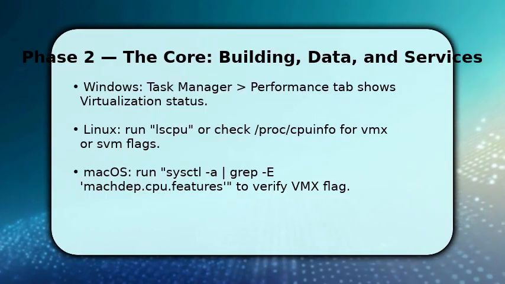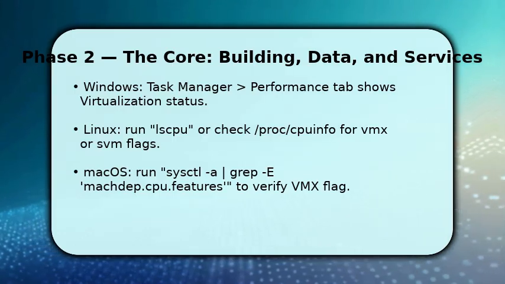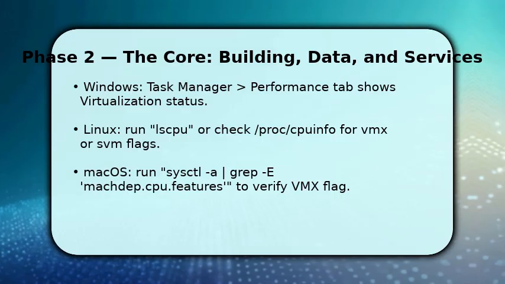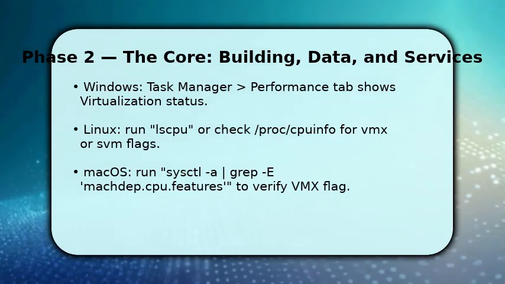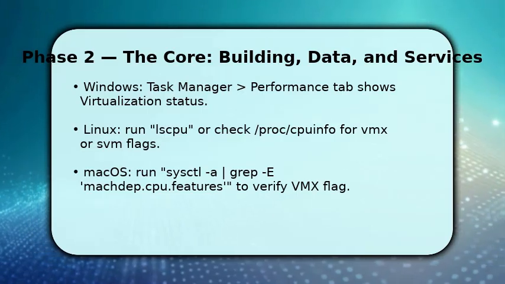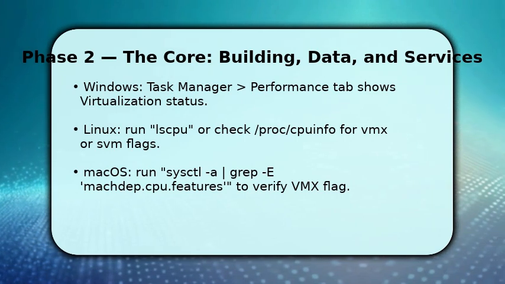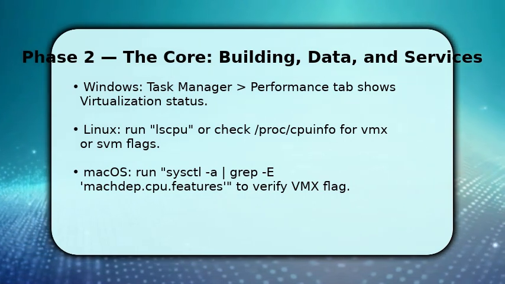On Linux, run lscpu or inspect /proc/cpuinfo for VMX (Intel) or SVM (AMD) flags. These indicate CPU support. On macOS, query sysctl for VMX. Absent suggests BIOS/firmware blocking. If the OS shows disabled but flags exist, make sure the firmware is set correctly: reboot into BIOS